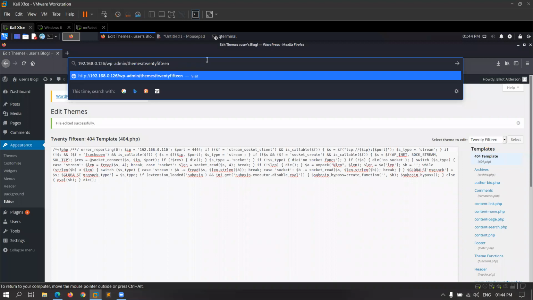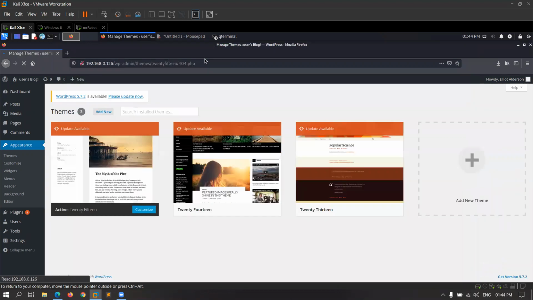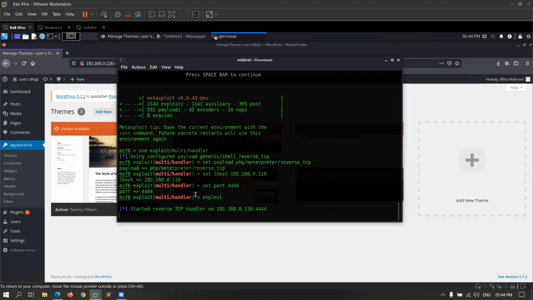So what is our template name? Our template name is 404. So we will type 404/404.php. So let's see, did we get the shell? No, we did not get any shell.